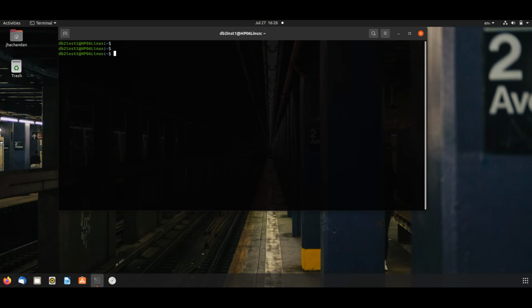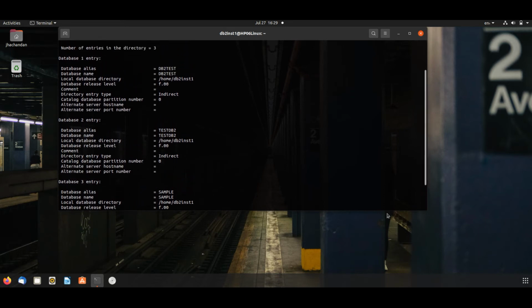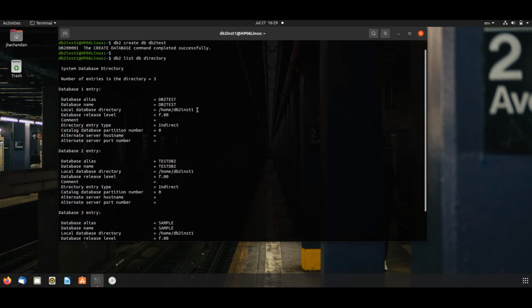If we want to create a new database, db2 create db db2test. So our new database is created. To see this, we will list the database directory. Here you will see db2test, which we have created.